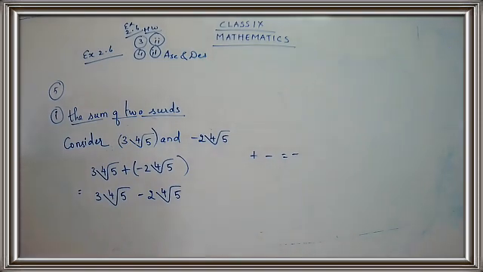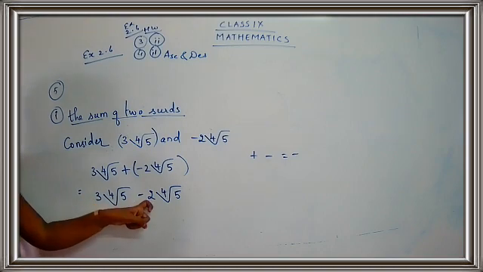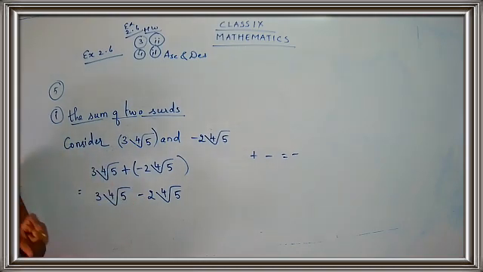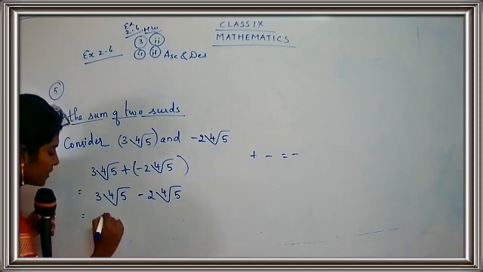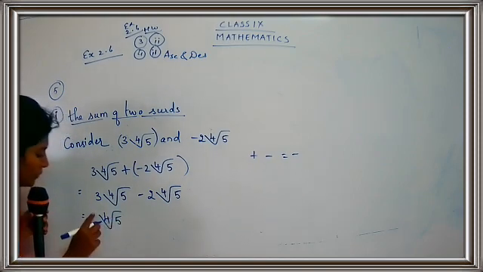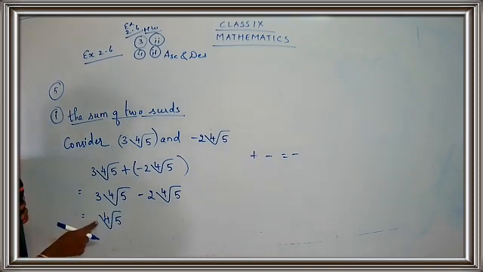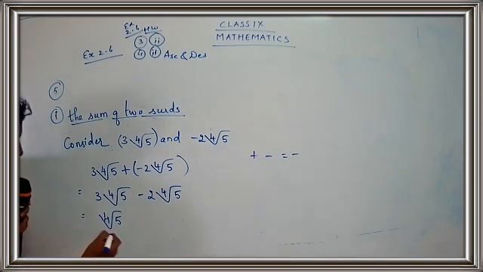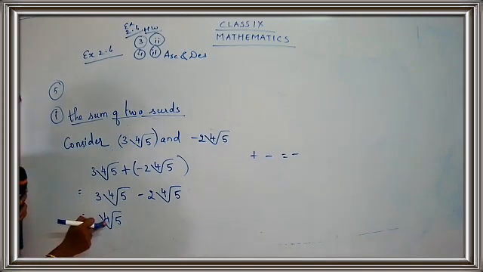Since the root index and the radicand part are same, I'm just going to take the difference of the coefficients. So 3 minus 2 gives you 1. That's what we need. I have told you that you should get a pure surd. The question was, can you get a pure surd? Yes, I can get a pure surd. Just put here the answer as 4th root of 5. So no need to mention your 1. If you do not mention your 1, it's the same. So just say here the answer as 4th root of 5. And you have to say the final answer.